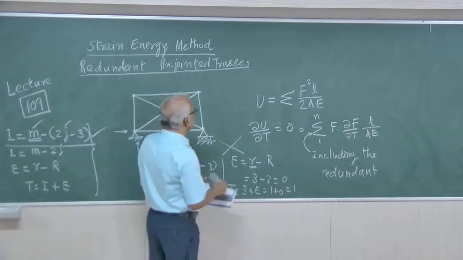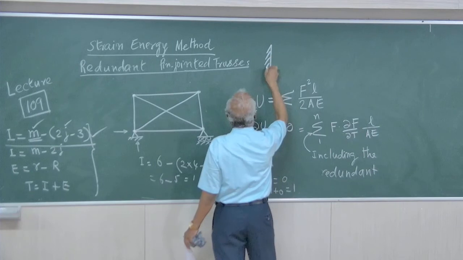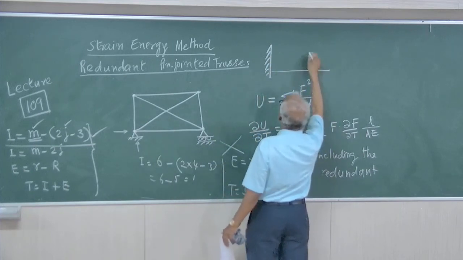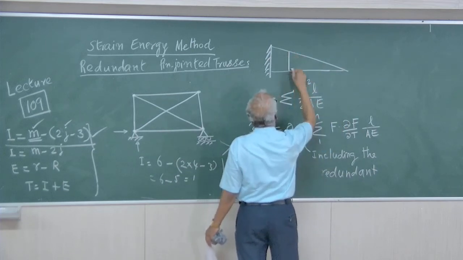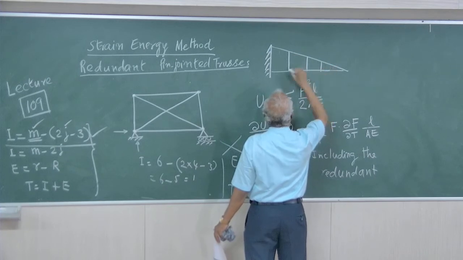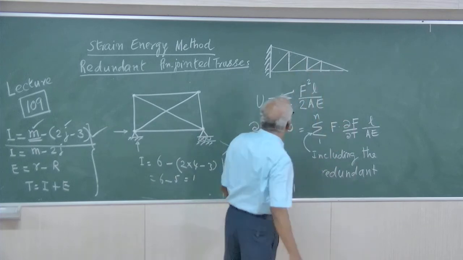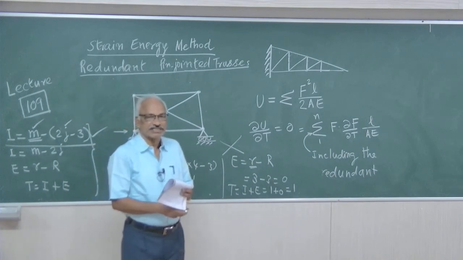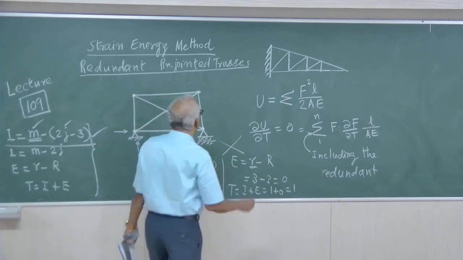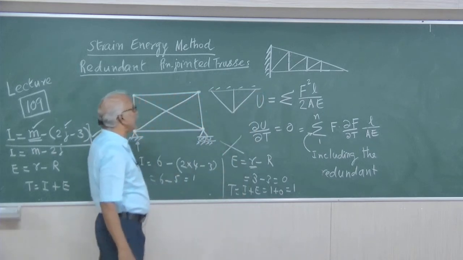Now coming to the next type of truss. Suppose you take a truss like this, a cantilever truss, maybe a triangle like this. Suppose this is a truss. It is a truss starting from a rigid base, a fixed base. The truss may be like this, or the truss may be like this, or on a rigid joint it may be like this. These are all trusses starting from a rigid base.